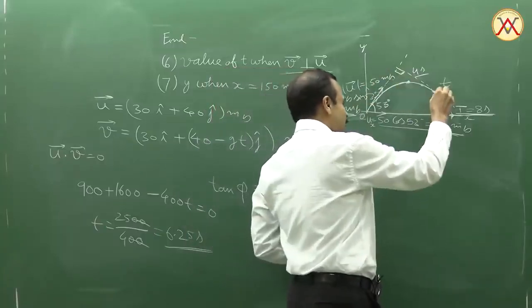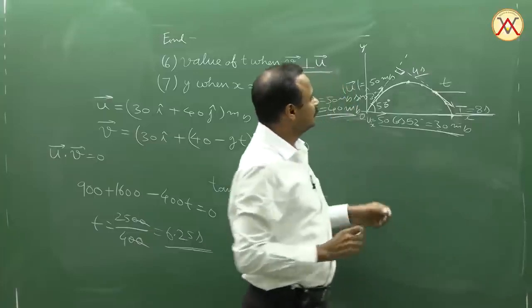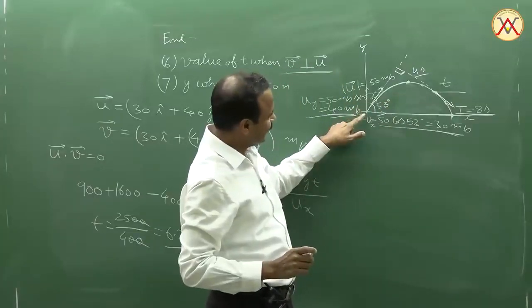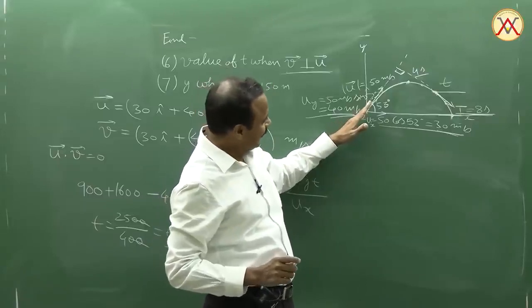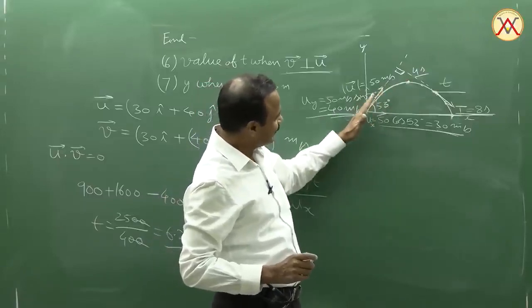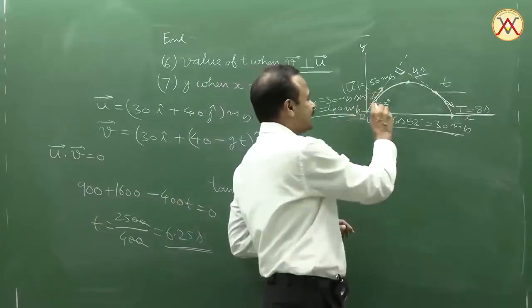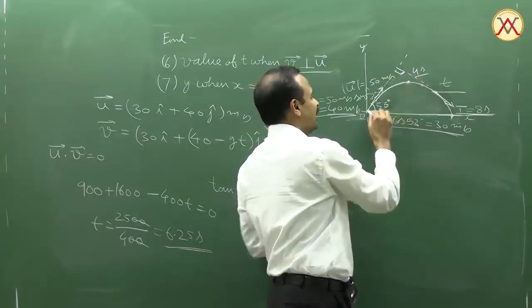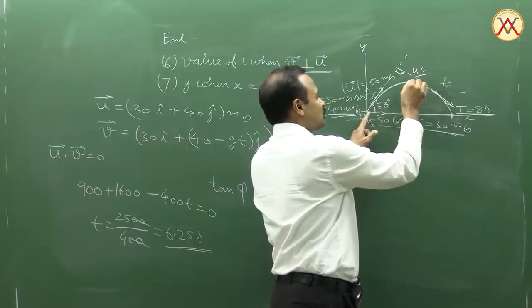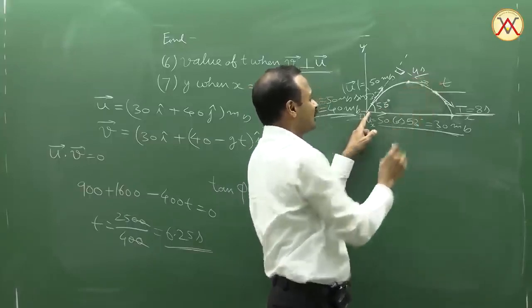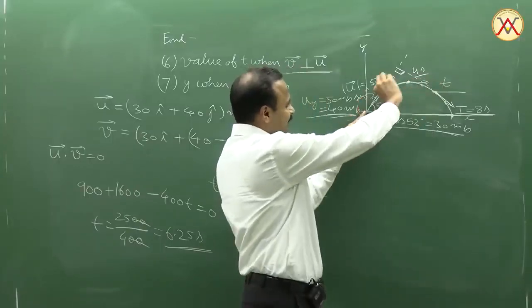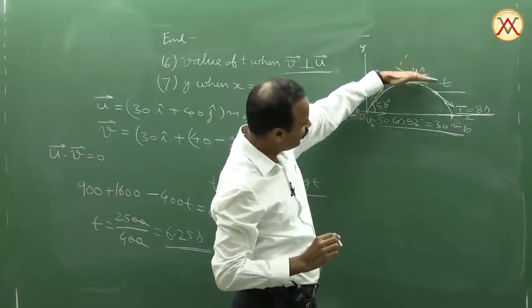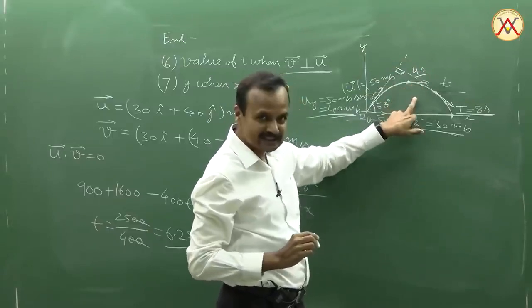So if the velocity vector, we want the velocity vector to make a 90 degree angle with this. See, as the projectile is rising, you can visualize the velocity vector is turning. By the time it reaches the highest point, we know that it has become horizontal. So you can see it has turned by an angle of 53 degrees in 4 seconds.